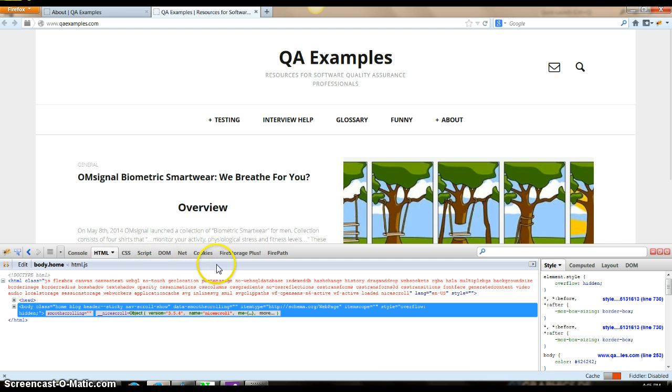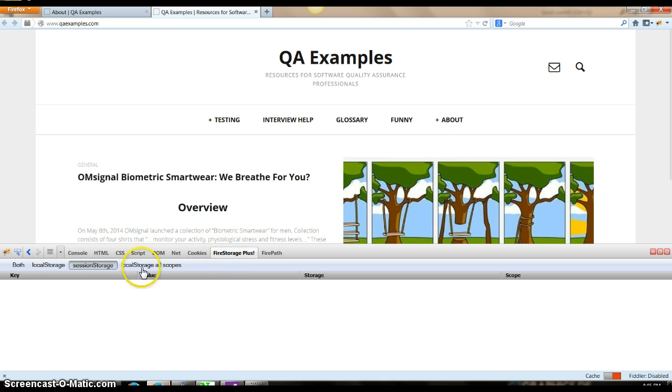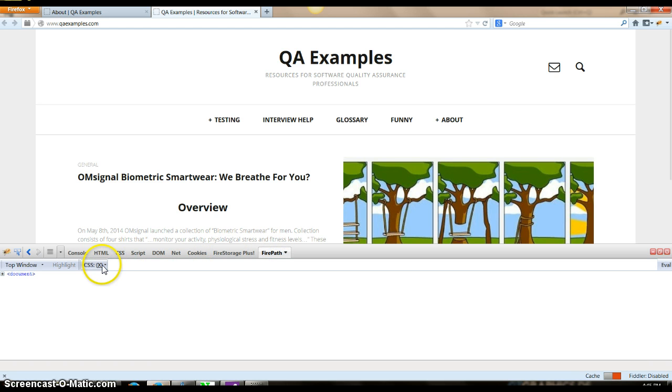Look at cookies as well. On top of that, I installed Fire Storage Plus, which helps with managing local session and storage session. Firepath is great determining XPath and CSS, specifically, at least for me. So there are quite a few different ways